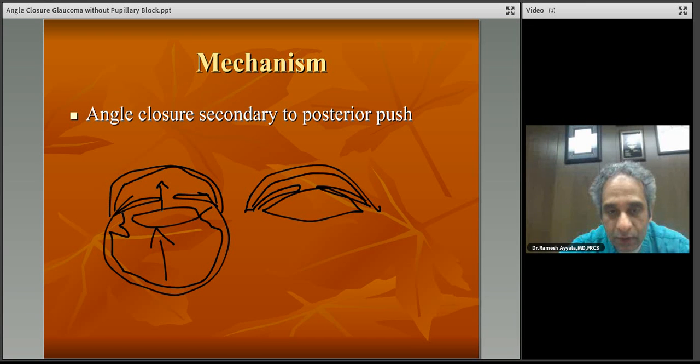The push is strong enough, it can collapse the anterior chamber completely. But as you can see, the angle is compromised, the drainage pathways are compromised, and consequently the pressure is going to go up. So what is the simple concept? What are the things that can give you a posterior push so as to collapse the anterior chamber,